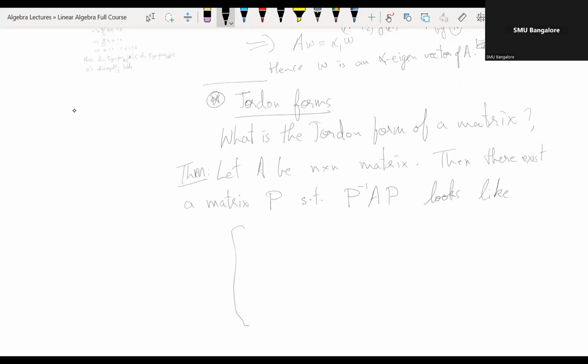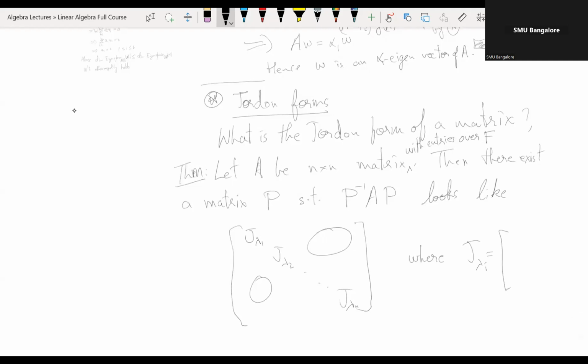so now we should write down a big block matrix: J lambda 1, J lambda 2, up to J lambda n, with entries over F. So there exists a matrix P such that P inverse AP looks like this block matrix, and the rest is zero, where J lambda I is,